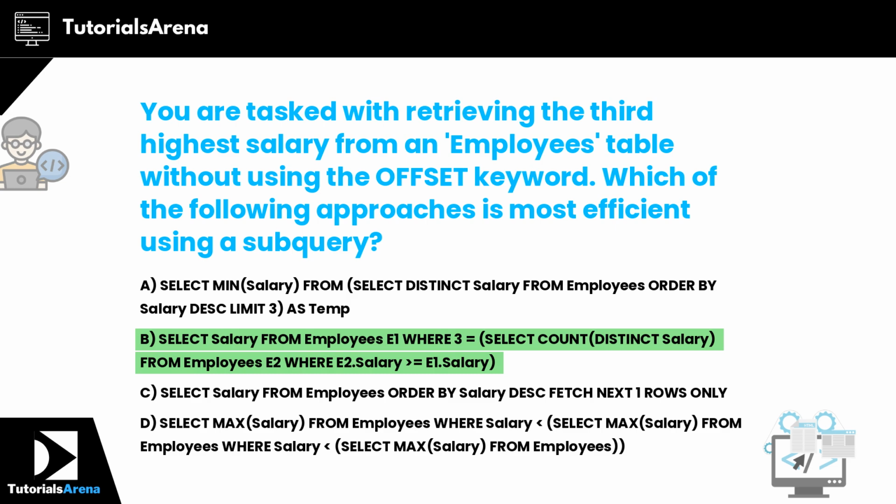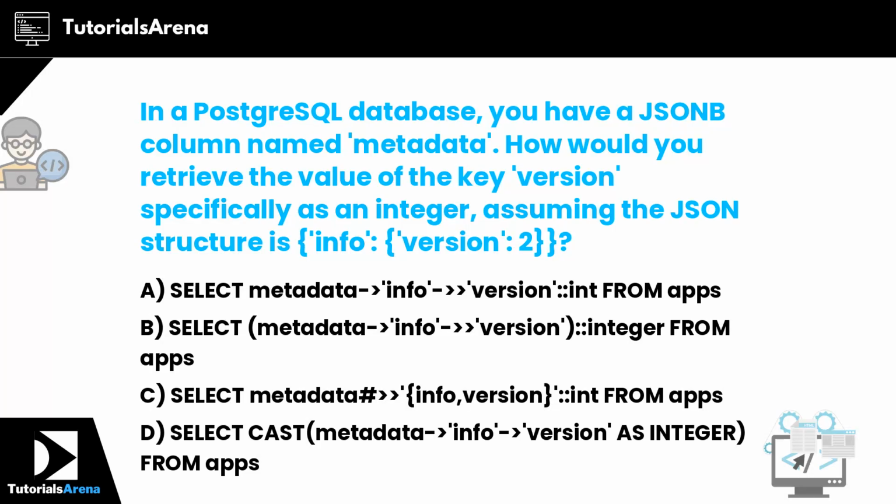>= E1.salary). In a PostgreSQL database, you have a JSONB column named metadata. How would you retrieve the value of the key version specifically as an integer, assuming the JSON structure is info, version 2? Answer is B. Select